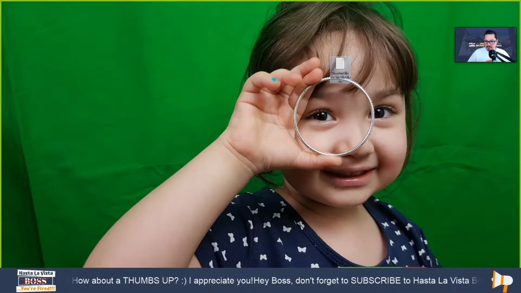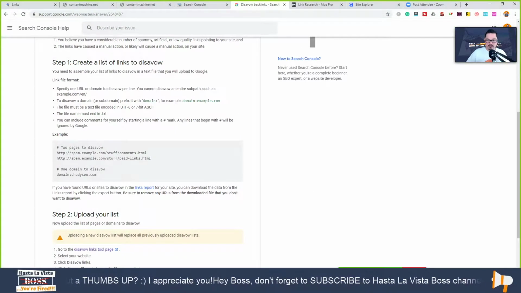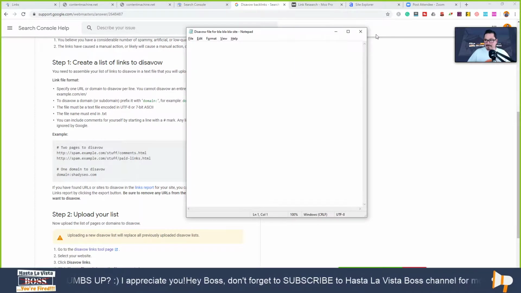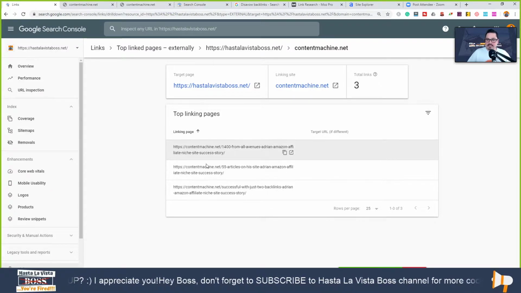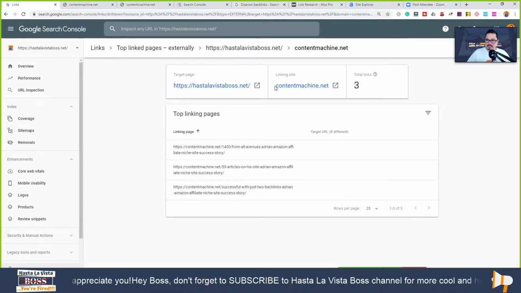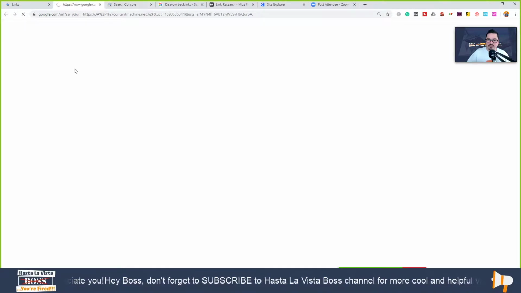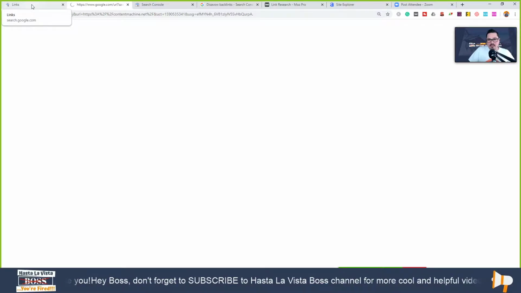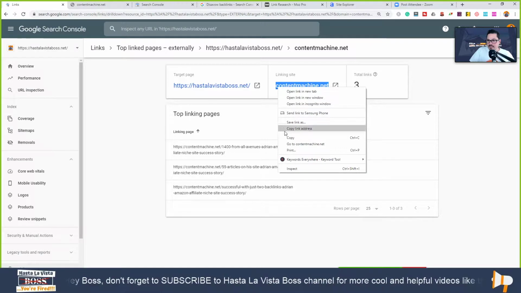And what we're gonna do, we're going to open the file, and then we go back to where is it? Is this one here? And we open the Disavow file. We go to the page that has the URLs that we want to disavow. Now I prefer to do the whole domain. Let me see the domain, if it's opening at all. It seems like it is not opening, so I'm going to put the whole domain into the Disavow